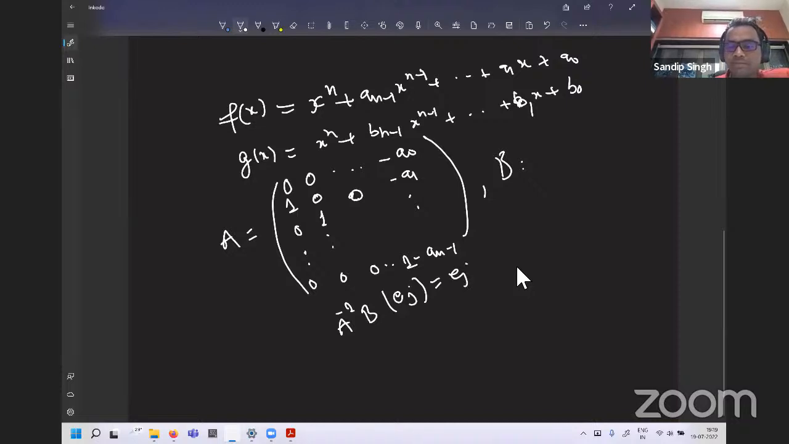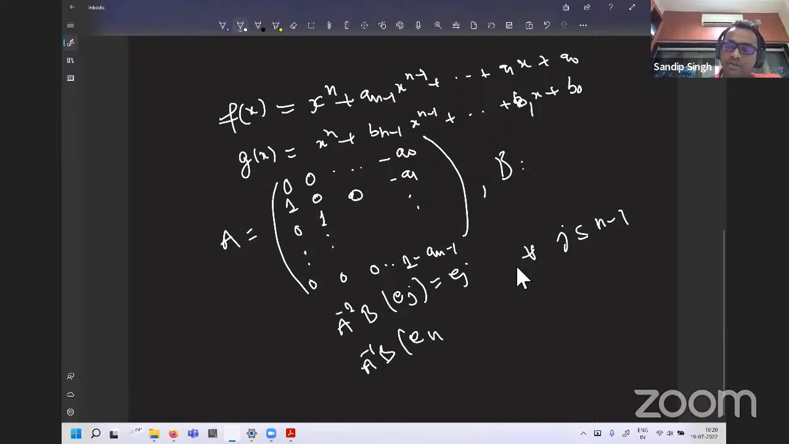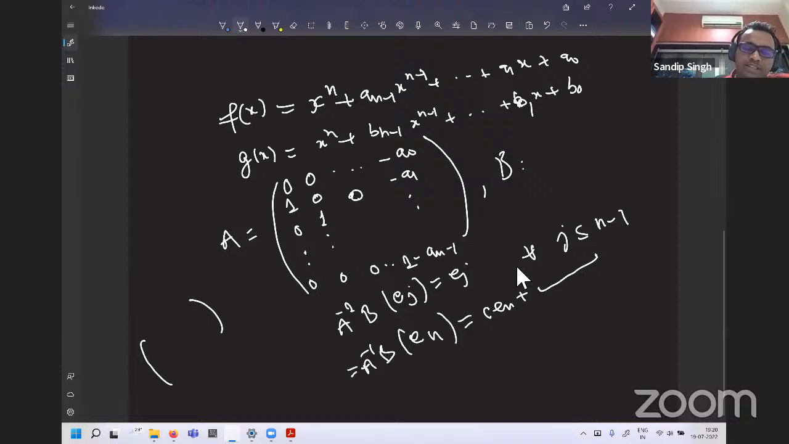Right? B will send Ej to Ej+1 for all j less than or equal to n minus 1, and A inverse will pull back Ej+1 to Ej. So A inverse B sends Ej to Ej, and what about A inverse B En, for j equal to n? You can actually check that this will be C times En plus some linear combination of E1, E2, ..., En. So if you write down this matrix A inverse B with respect to the standard basis E1, E2, ..., En, then we get that this A inverse B, generally denoted as C,